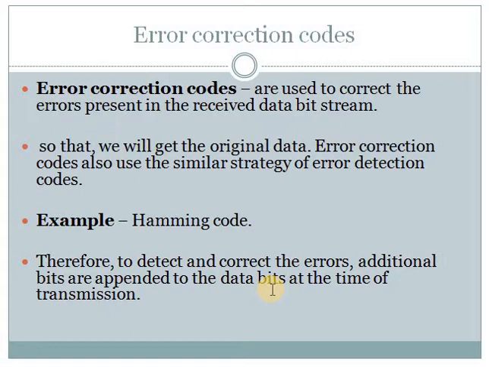For example, we are sending some 8-bit data. In the data, the last bit will be the parity bit, which will be sent along with the data to identify whether an error is present or not. If the error is not present, it is not an issue. If the error is present, it will ask the source to resend the data, so that you correct that error and resend it. So that is the purpose of the parity code. We will see it in a later session.